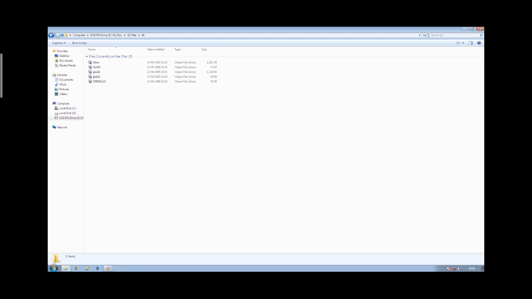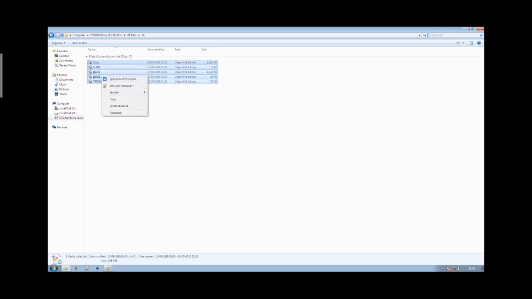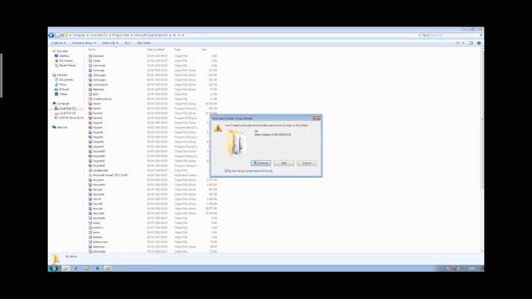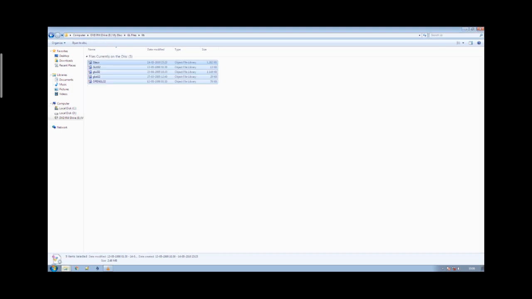Now the library, the glut library file. Actually we have glut32. We have also downloaded glu as well as the other libraries relevant to it. You can paste all of them. Otherwise glut32 is enough at the particular path. And the path you can observe here, Microsoft Visual Studio 10 VC lib, which will be there in program files of C drive.